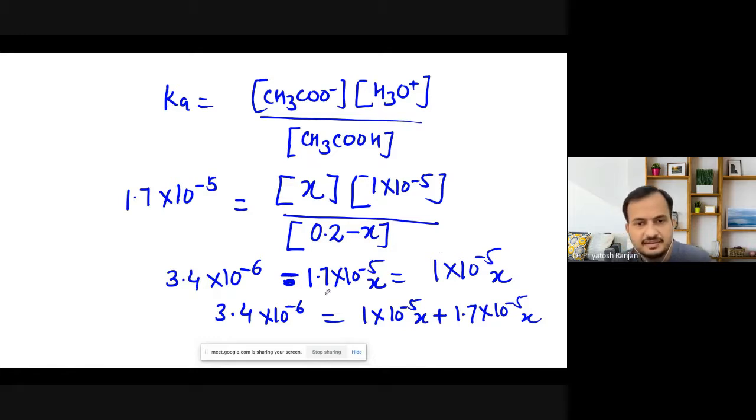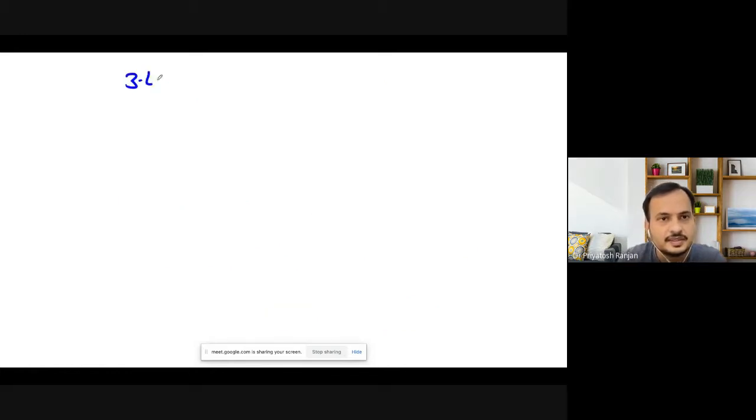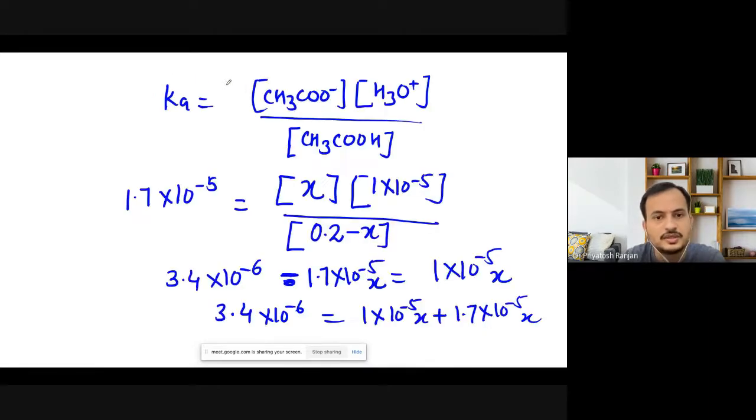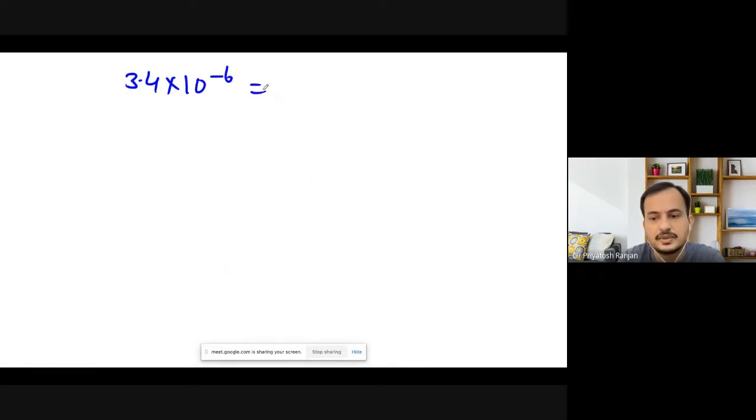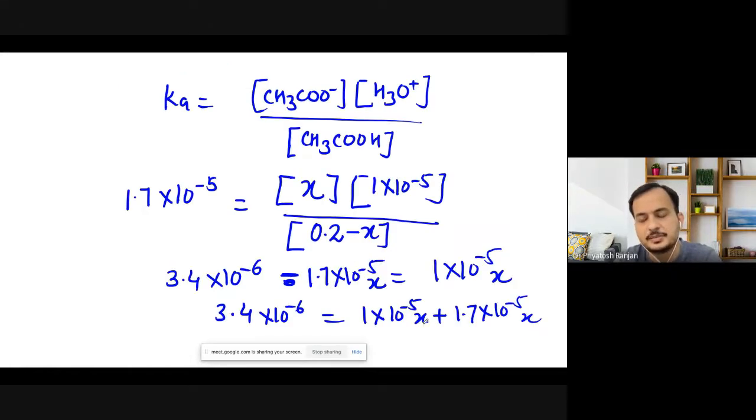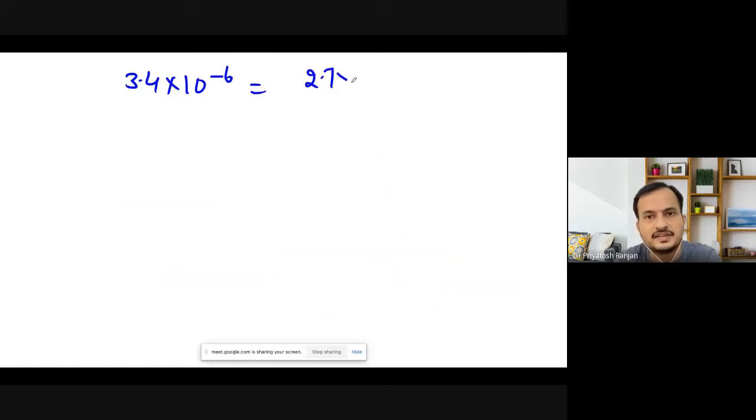You just add it. So let me move to the next slide. 3.4 into 10 raised to the power minus 6 equal to, I can rewrite the term on the right hand side as 1 plus 1.7, 2.7 into 10 raised to the power minus 5x. I can solve it for x with the help of a simple calculator, or you can take your own time, and you will get x equal to 0.126,